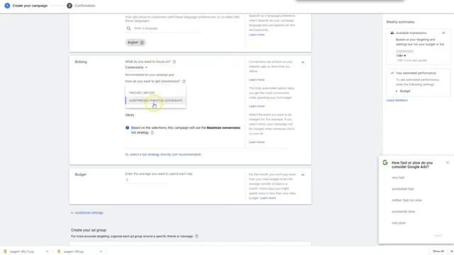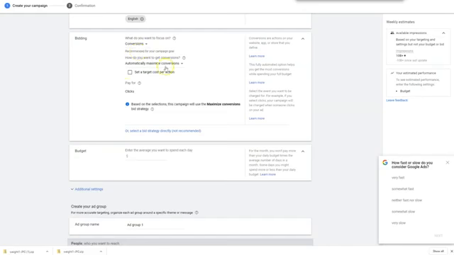Automatically maximize conversions versus manually setting your bids, which if you are more familiar with Google Ads and you understand the math and the concepts behind it, you're a little bit more advanced, certainly do it manually. Also, if you understand the math of your sales funnel, okay, let's say it's not a new sales funnel. You've got a whole bunch of data existing on this sales funnel. You understand the initial order value, the average cart value of everybody who comes through. And so you understand how much you can afford to spend per conversion and so on. You could certainly adjust that, but we'll just stick with automatically maximize conversions and let Google do the heavy lifting